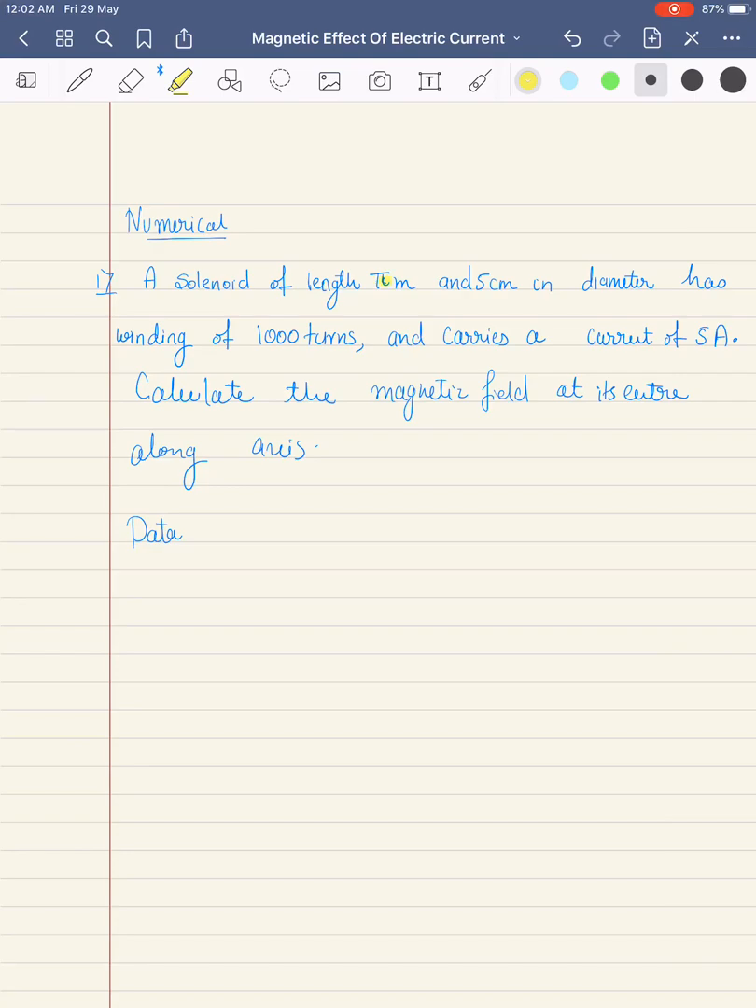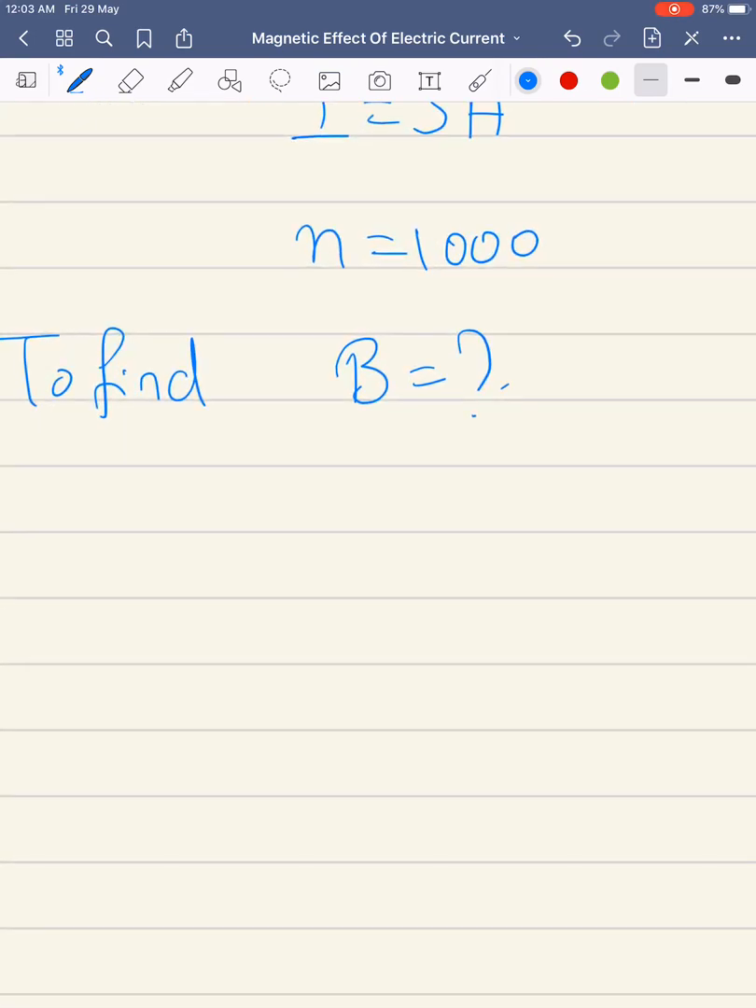We have a solenoid of length pi meter, it has 1000 turns and it carries a current of 5 ampere. So in the data, length of the solenoid is pi meter, current carried by the solenoid is 5 ampere and the number of turns are 1000. What we need to calculate is the magnetic field. Okay, so it's same as magnetic field along the axis of a solenoid. So when I say the magnetic field along the axis of a solenoid, we write it as mu naught Ni